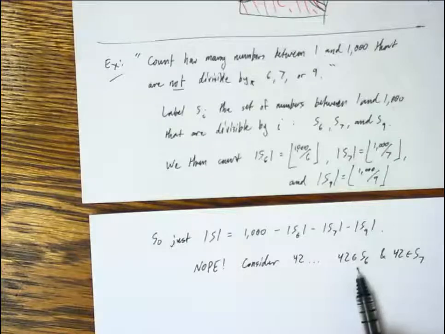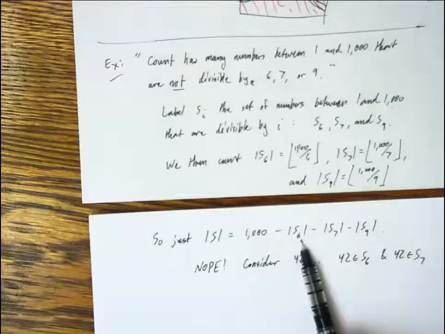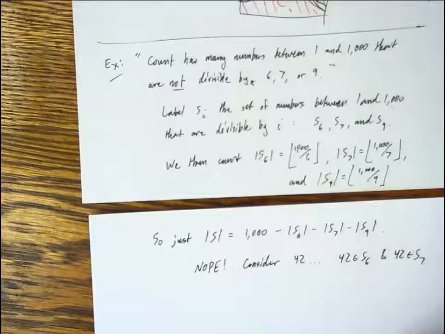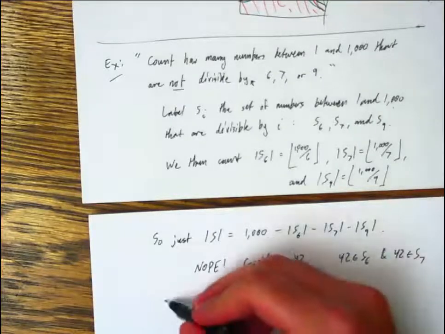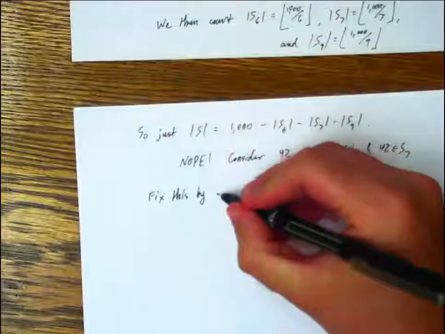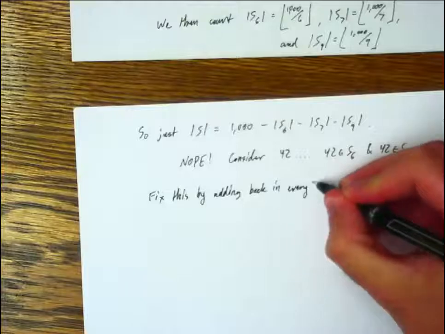Anyway, 42 belongs to both S6 and S7. So I, in effect, took that out not once, but twice. And that's an issue. This is exactly what happens when we don't have sets that form a partition. We get these overlaps and things are removed more times than they should be. So if I took it out twice, let's just add it back in a clever way. Fix this by adding back in everything